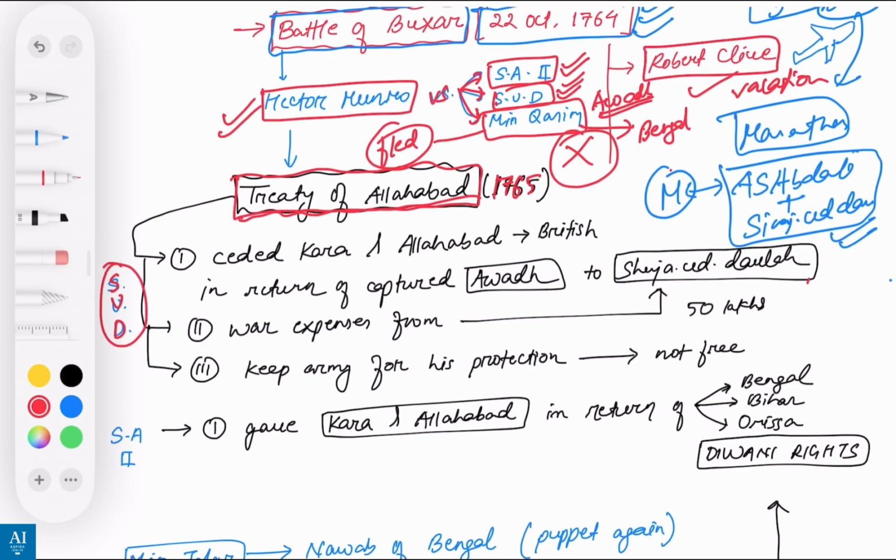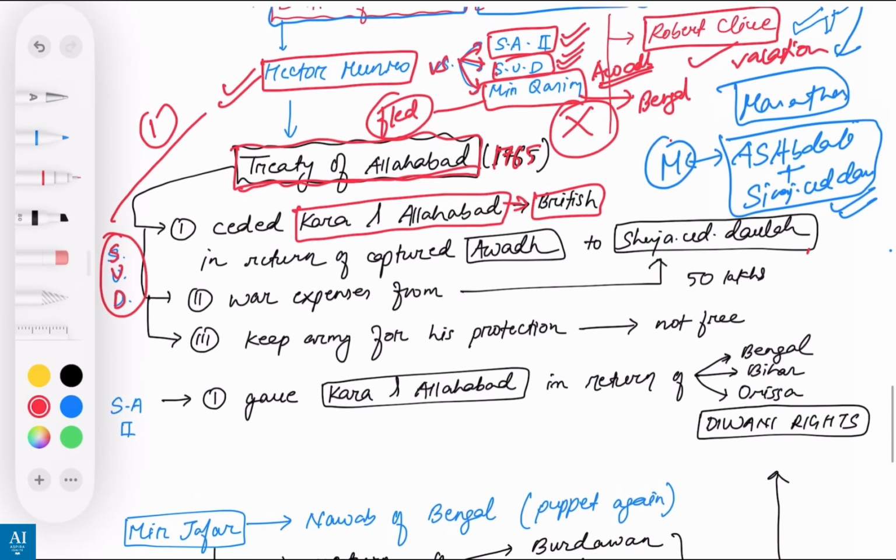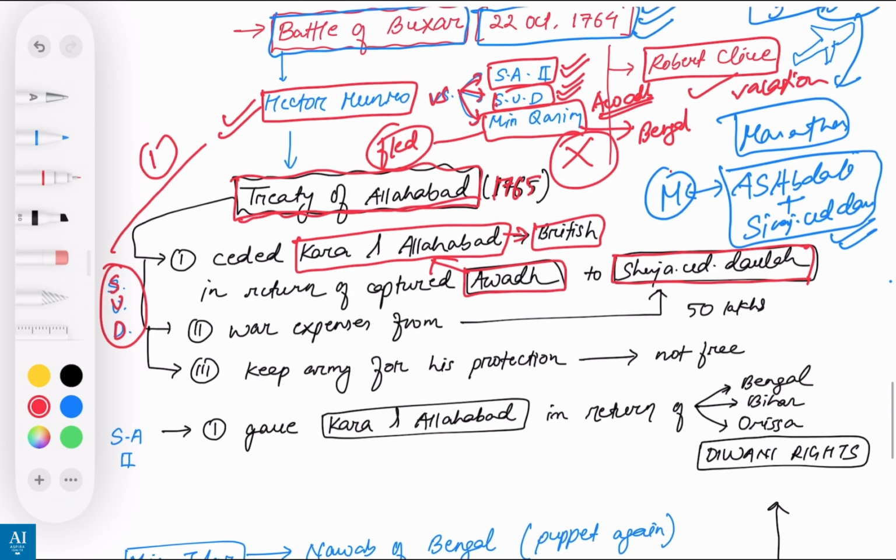So Siraj-ud-Daulah and Hector Munro signed a treaty first. Siraj-ud-Daulah ceded Kara and Allahabad to the British. And in return for Awadh, because as he was the ruler of Awadh, Awadh was captured by the British. So the British gave Awadh back to Siraj-ud-Daulah. In return, they took Kara and Allahabad. It's a little bit complex. Okay, let me